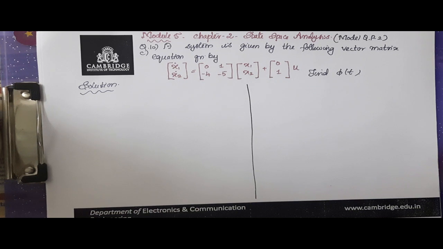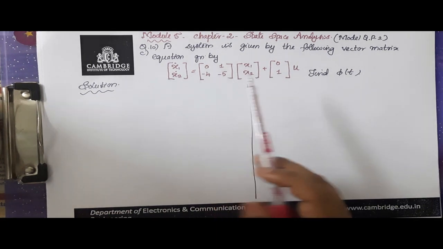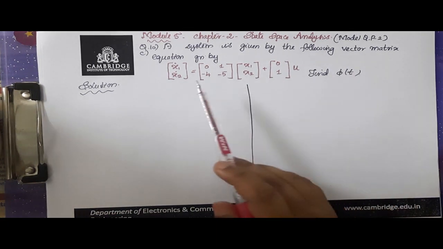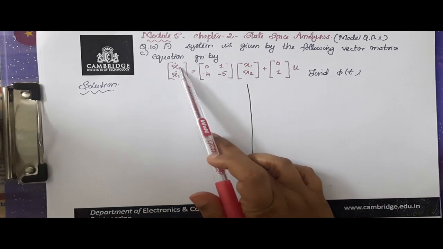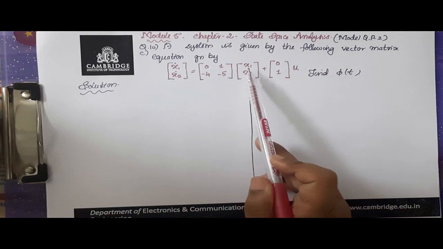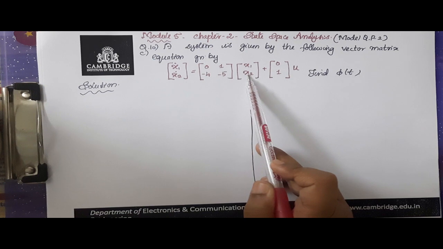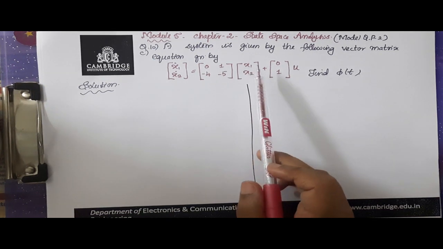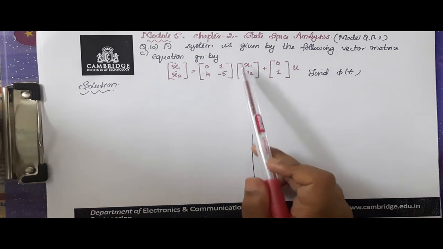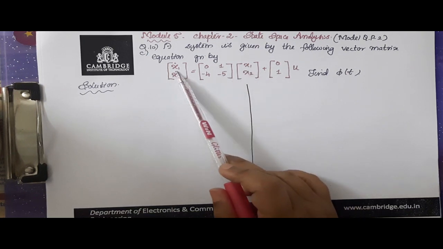A system is given by the following vector matrix equation: x1 dot, x2 dot is equal to [0, 1; minus 4, minus 5] into x1, x2 plus [0; 1] into u. Find phi of t. So you have been given a vector matrix equation. x1 dot and x2 dot are the first derivatives of the state variables x1 and x2. In this example, we have two state variables x1 and x2 and their first derivatives are given by x1 dot